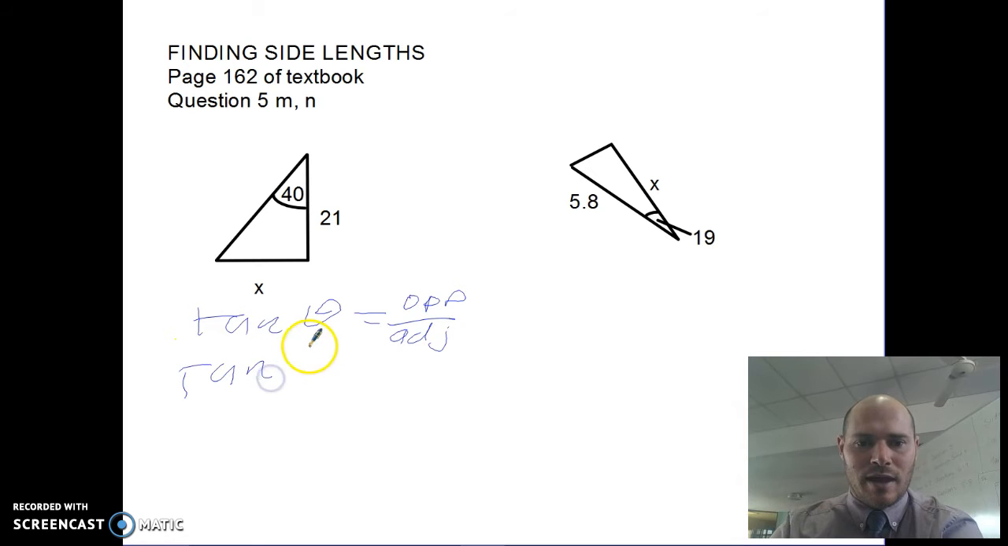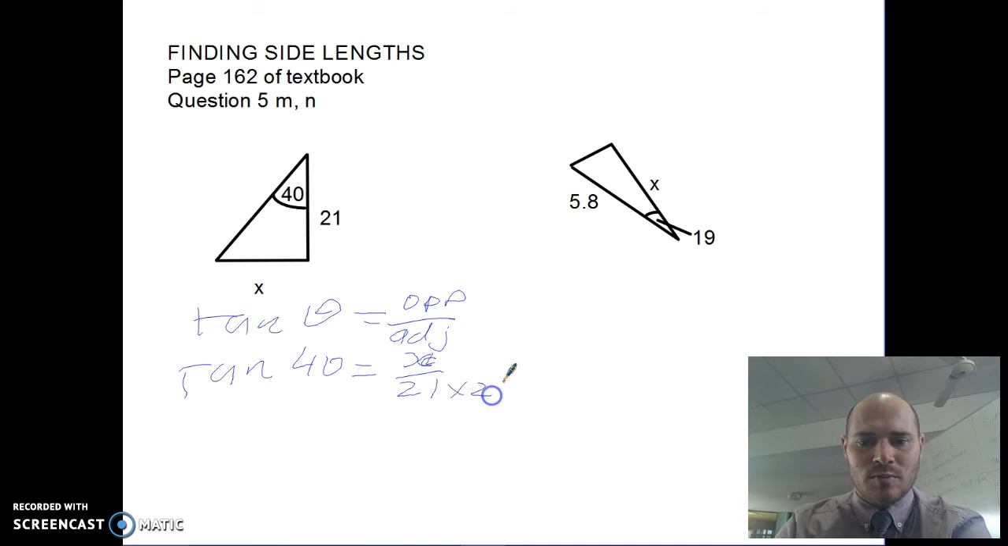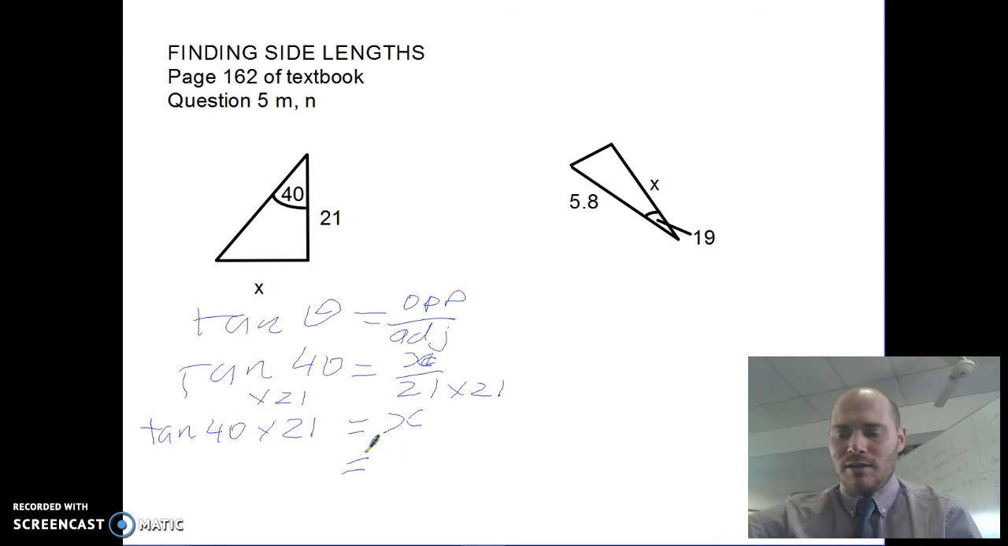So the angle is 40, the opposite side is x, the adjacent side is 21. Sorry about the x there. So now my next step is that I need to isolate my variable. I want to get this x on its own. At the moment I've got divide by 21 there, so to do the opposite of that, times by 21. Golden rule of mathematics says that whatever I do to one side, I do to the other side. So I now have a situation where x equals tan 40 times 21, and I plug that into my calculator